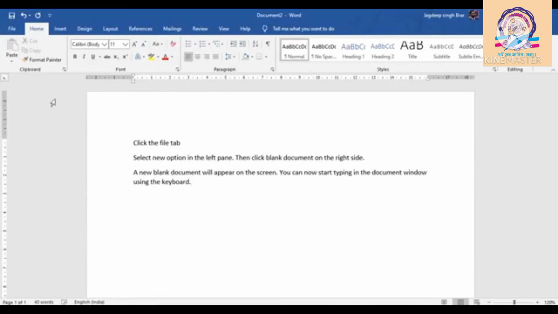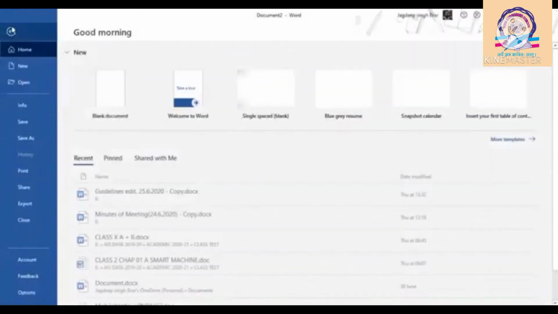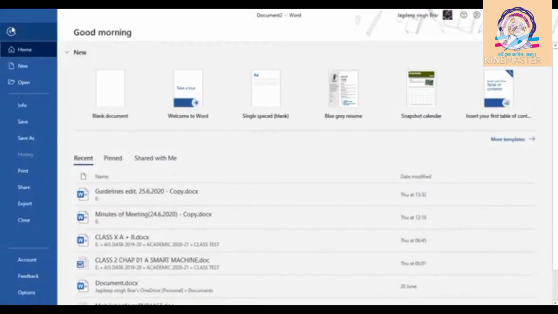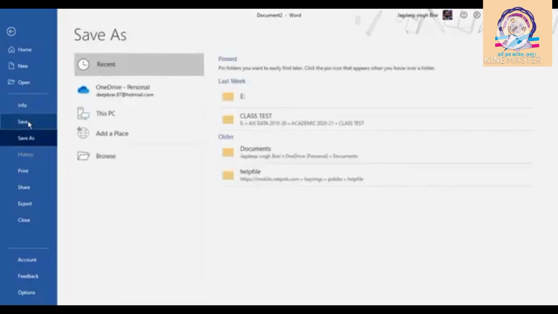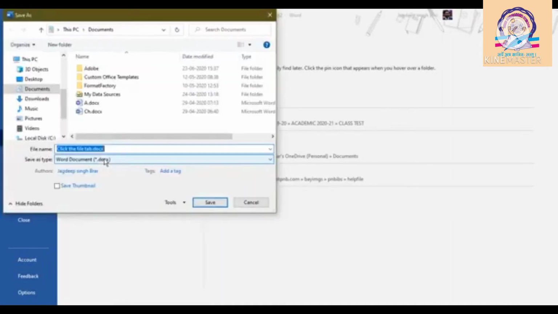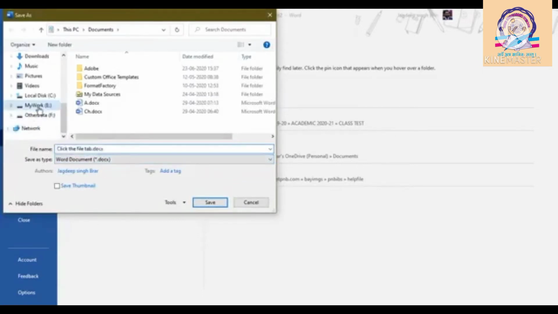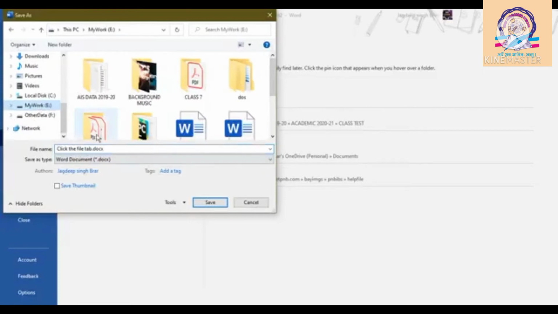To save your document, first click on the File tab, select Save. From the right side, click on Browse. A dialog box will appear. Locate the folder where you want to save your document, like in E drive.